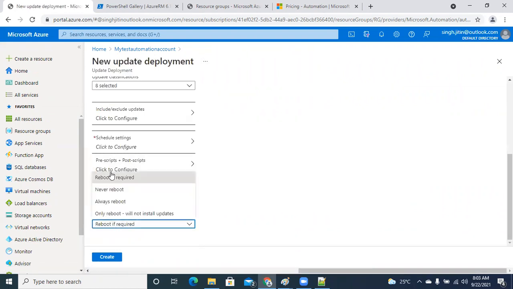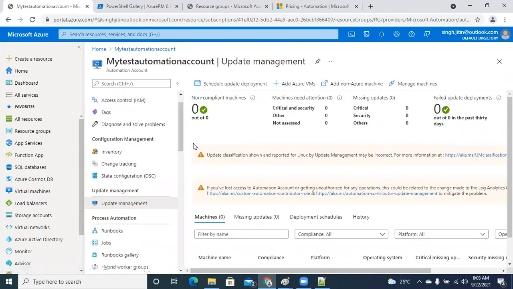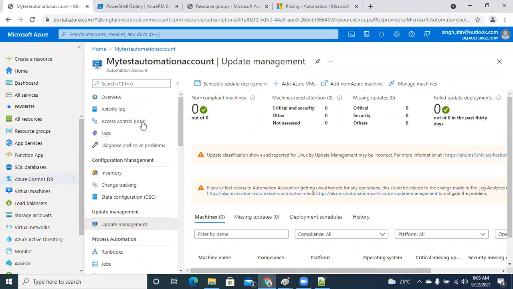And if a reboot is required, you can set that too, so that once patching has been done, the resource can be automatically rebooted or restarted from here itself. So all these things that you would like to do using Terraform and Ansible, you can manage from the Azure automation account as well.